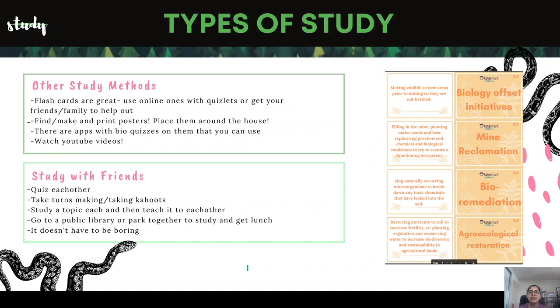Now, that brings me to one of the key points. This year, from the very beginning, if you are someone who likes active studying, and you can't just learn from taking notes, or if actually teaching stuff to others works for you, do it. It's a really good way to study. So pretend that you're teaching someone else, or actually try and teach someone else. So study a topic each, then teach each other, go to a public library or park together to study,